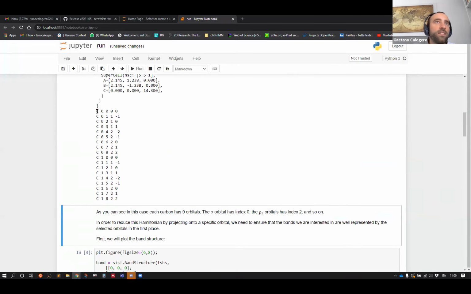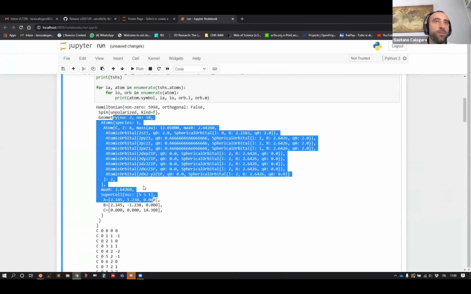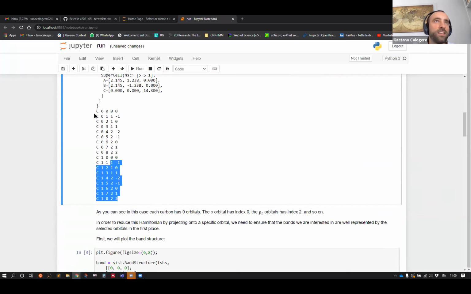By doing this, you can see that we have 2 atoms in the unit cell. That's the same information written here nicely. Now we can just get the numbers, the indices. And if you remember, the third column is the index of the orbitals for each atom. You can see that there are 9 orbitals, and the pz one is the one with L equal 1 and M equal 0. So we need to select index 2 if we want to take the pz orbital out